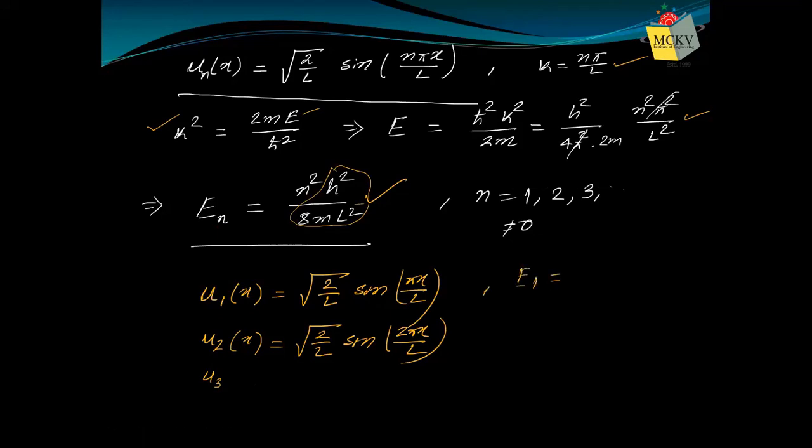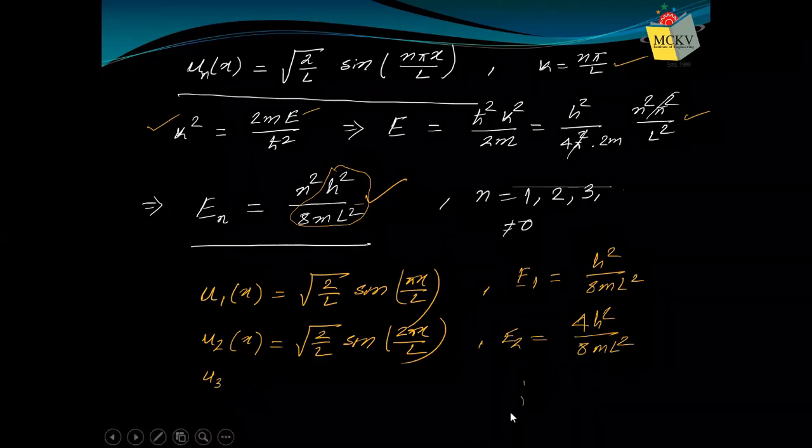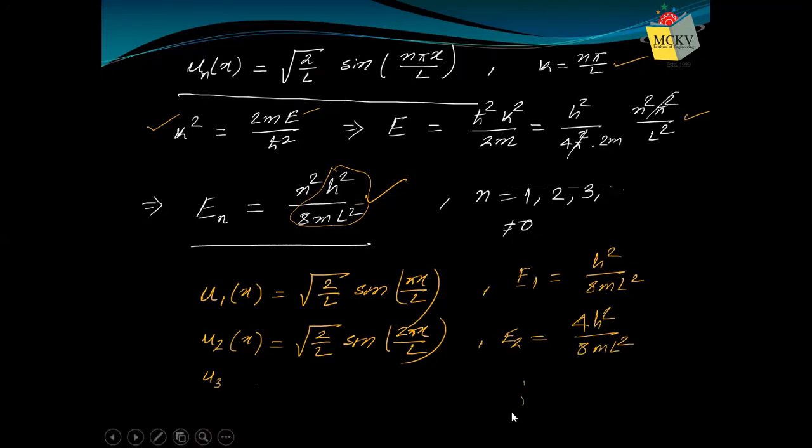so that for n equal to 1 we can write u1, the lowest possible energy, which is h square by 8 m L square. We cannot have any energy less than that. So this is the lowest possible energy. When n equals 2, we have 4 h square by 8 m L square energy, and so on. That's why we can say now we have different eigenfunctions u and different eigenvalues E for different values of n. And this n is called the quantum number. You know about the quantum number from your school days. This is your n, the quantum number.